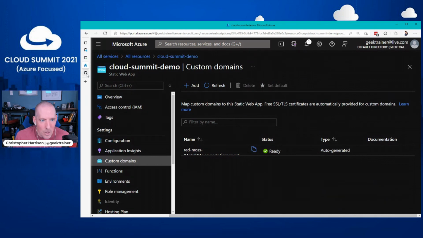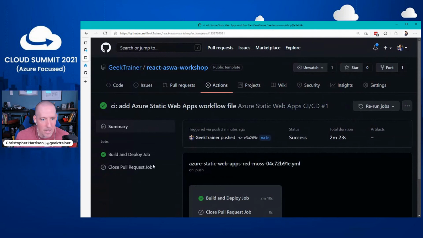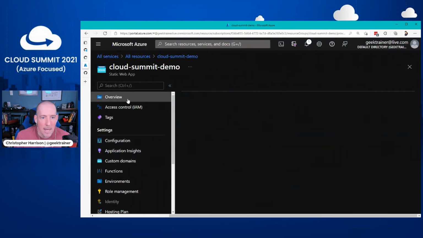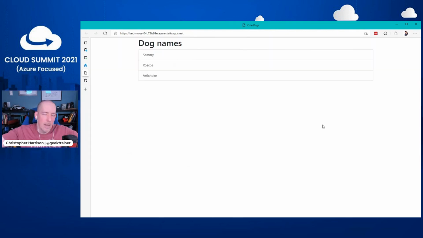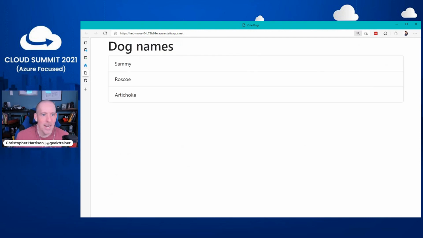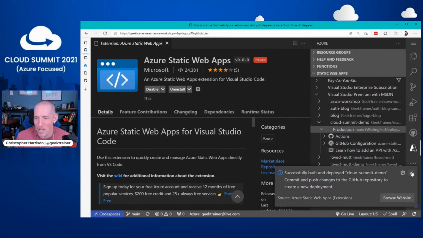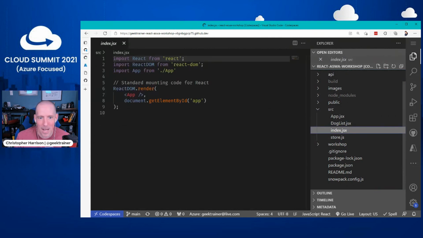Now, I think I've stalled long enough for my workflow to have completed. Yep, the light is green, the trap is clean, everything is deployed. So let me go back over here, click that little link, and voila, this is now deployed out. And so all that I did was walk through a real quick wizard, and that then deployed everything out. Now, just to highlight how we could potentially do changes,